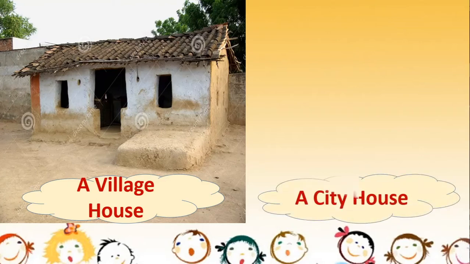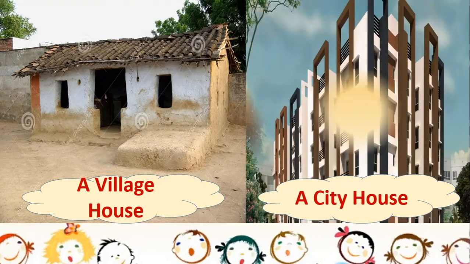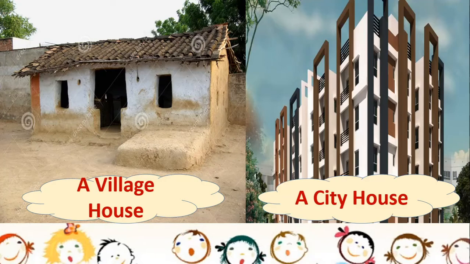Look at the house in a city. It is so huge, and look at the materials which are used to build this house. See, you cannot see any wood used over here. You cannot see any mud. It is all cement and concrete and iron, isn't it? So there is a lot of difference as far as houses in villages and houses in